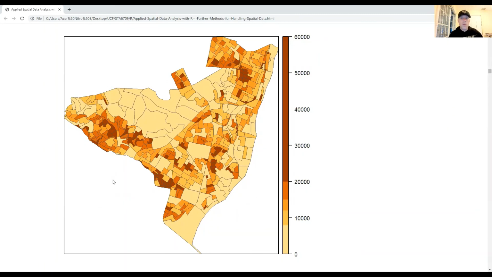And so here we go. We can see where we have a larger population density pretty easily. So this is kind of interesting. Like, there's not very many